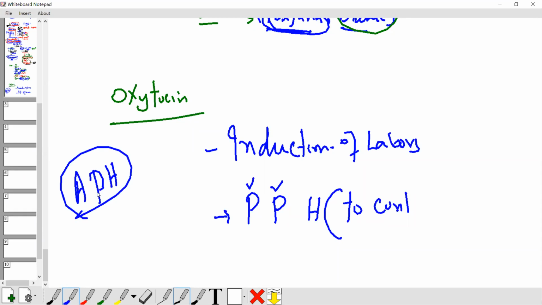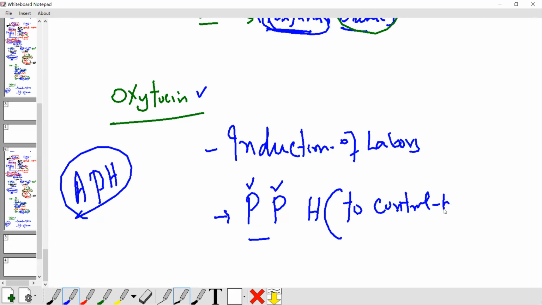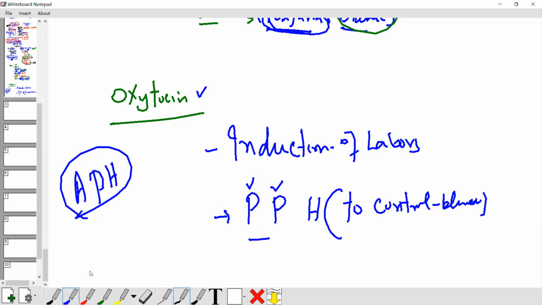Antepartum hemorrhage means bleeding before delivery, PV bleeding, per vaginal bleeding, and postpartum hemorrhage is after delivery. Understand the difference between postpartum and antepartum. For postpartum bleeding, we can use oxytocin to control the bleeding. Okay. If the mother is not lactating after birth,